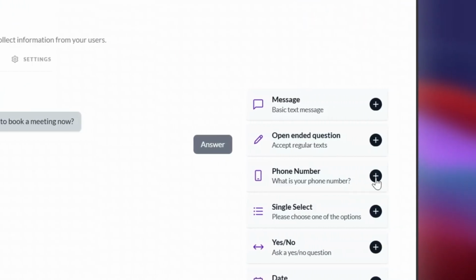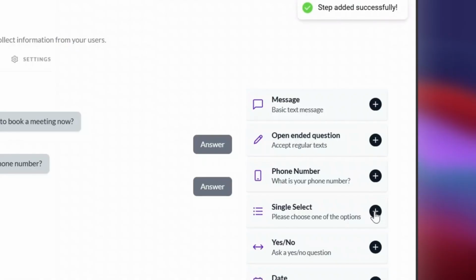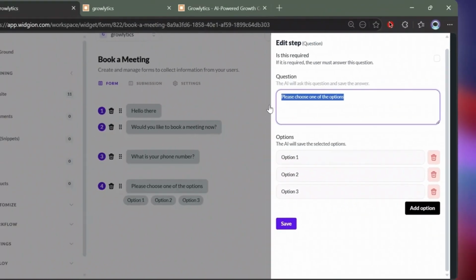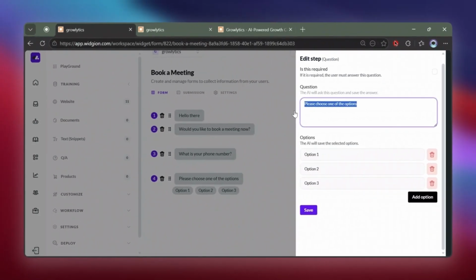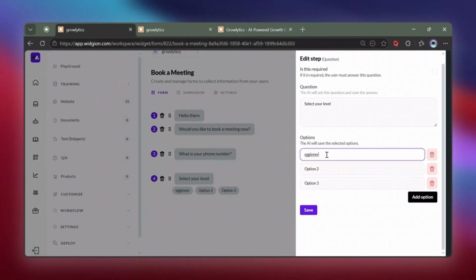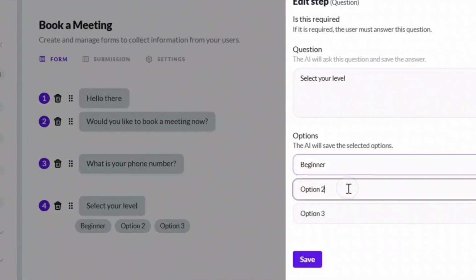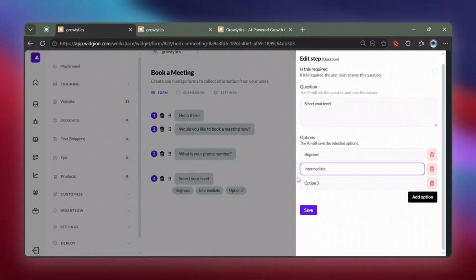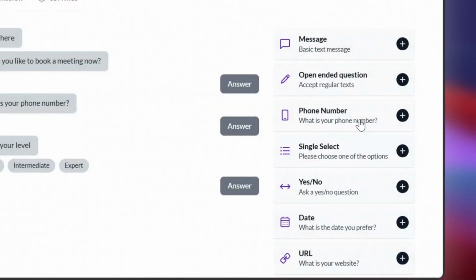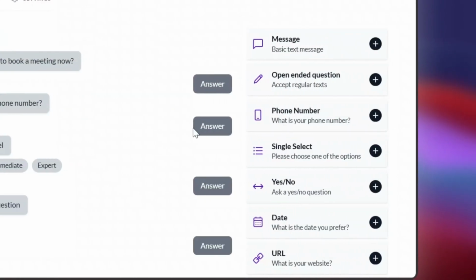Then have your phone number. Then you save, then you click on